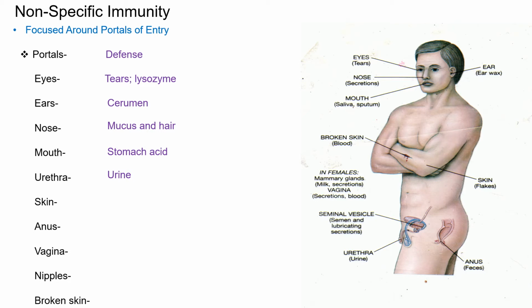The other issue is, as you see on the diagram to your right, the anus is real close to the opening where we find the urethra. So what we have to worry about in the case of women is, during the process of going to the bathroom, wiping in the wrong direction. Never allow young girls to wipe from back to front, because they'll wipe feces containing bacteria right over that opening.